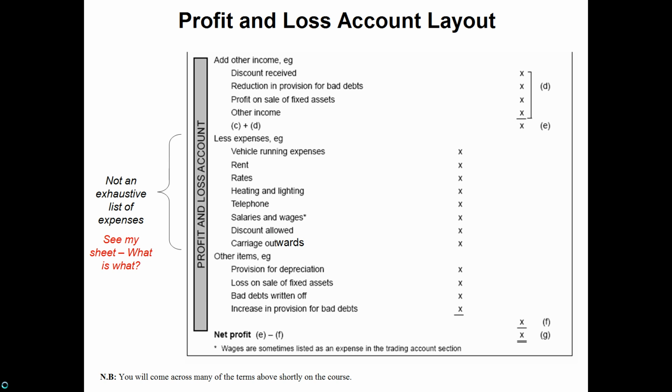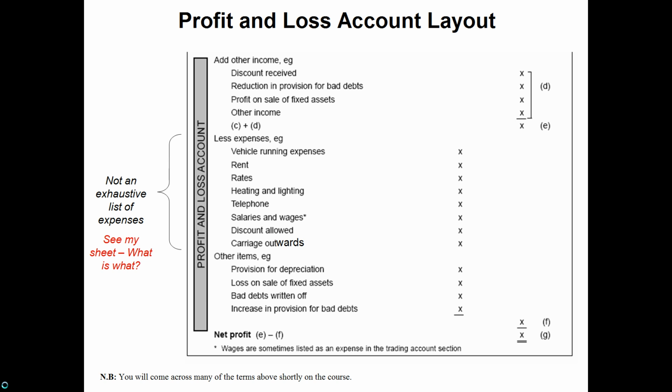Then we move on to the expenses, and you've got a list here. This layout decides to segment the list into obviously a section of expenses and then other items in terms of expenses. It's not necessary to do that. There's no additional marks for doing it, but what is quite nice is the understanding of it, whereby